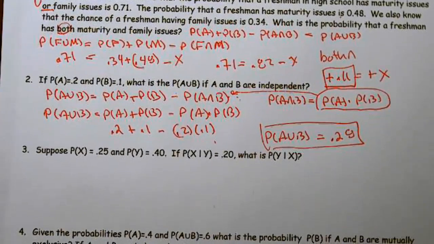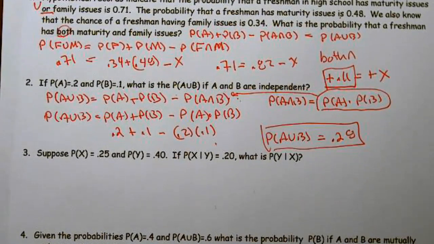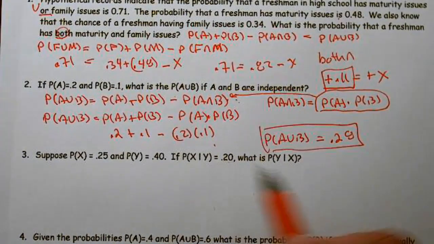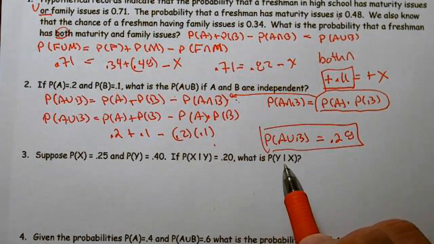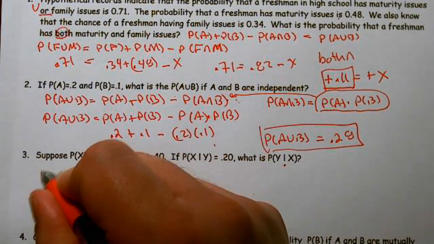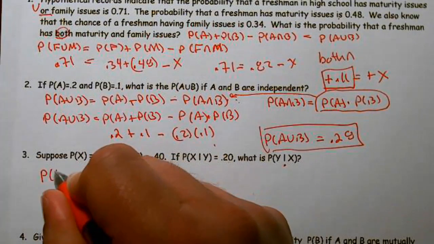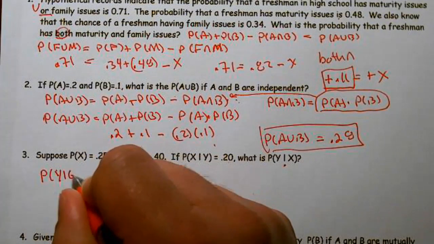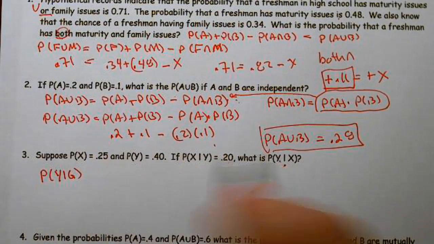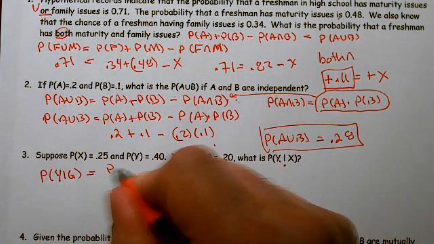All right. Suppose the probability of X equals 0.25 and the probability of Y equals 0.40. If the probability of X given Y equals 0.2, what is the probability of Y given X? So what we want to know is what's the probability of Y given X? Well, first off, what is that? Well, the probability of Y given X, and by the way, that line just means given, equals the probability of